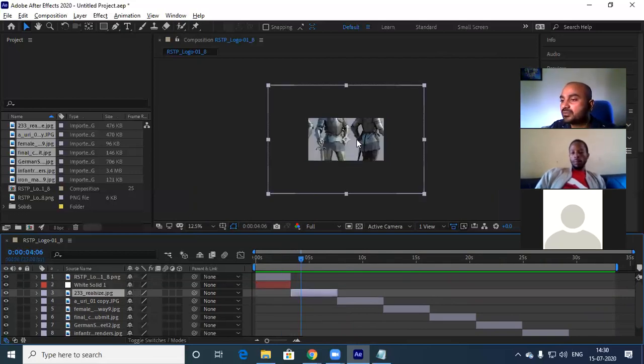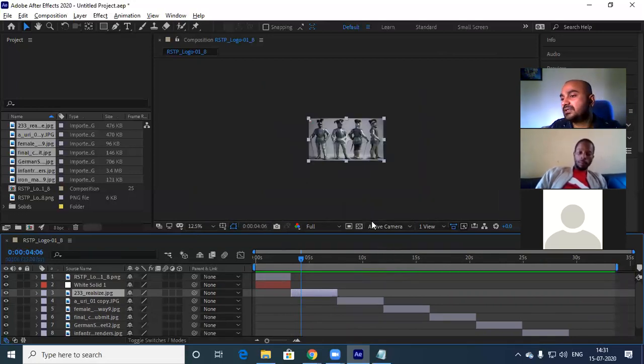actually this image is not visible completely. So what I'll do, I want to fit this image just to the frame. Control Alt F is a shortcut. Control Alt F is fit to frame.